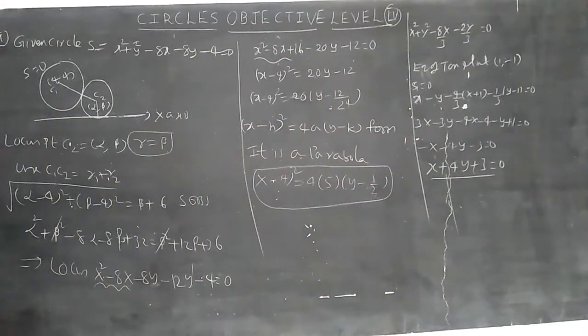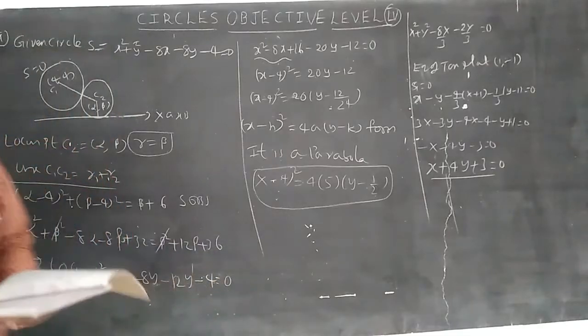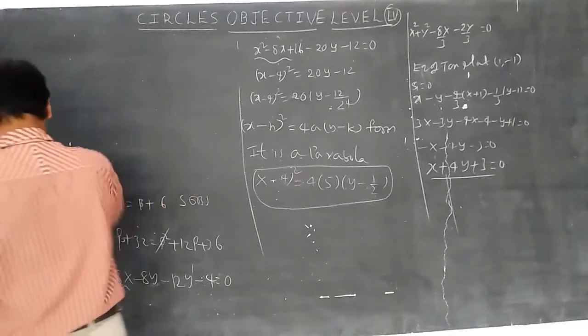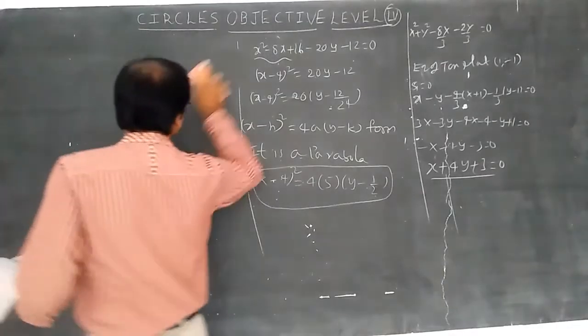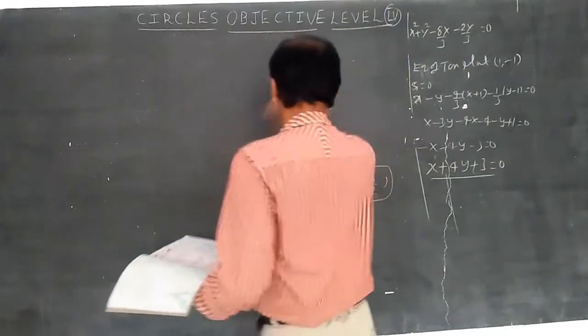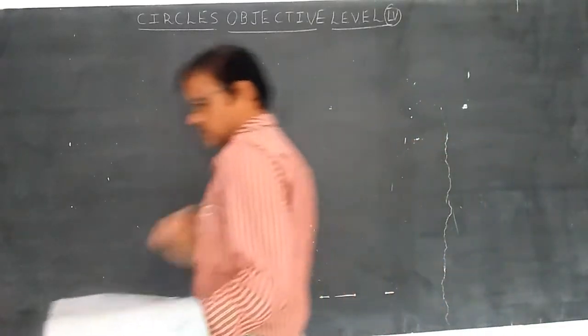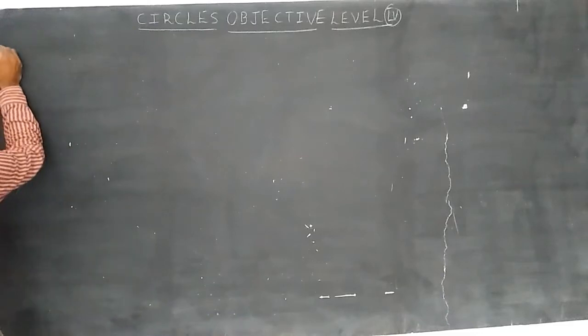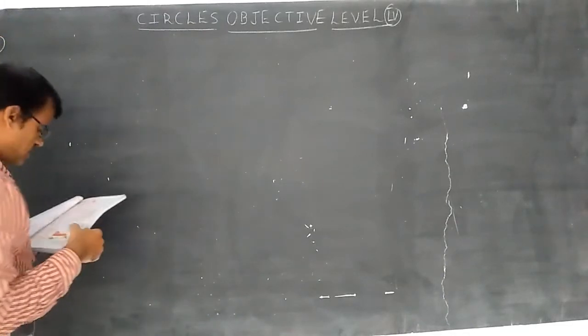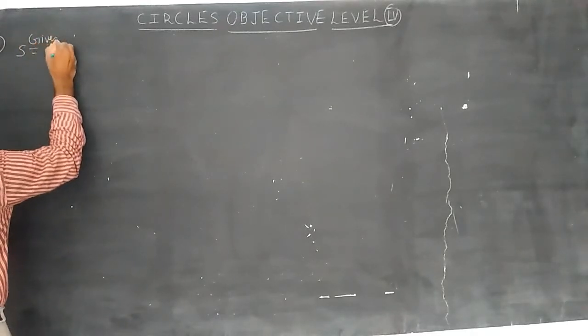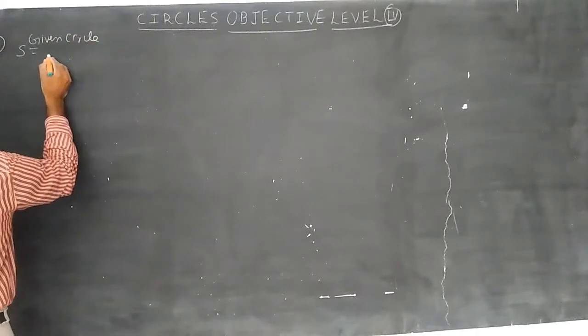Now let us discuss the 10th question. 9 questions are completed in the circle chapter, level 4. Let us discuss the 10th question. This is the last question of the circle chapter in objective also. Tenth one. If one diameter of a circle given by the equation of the given circle S